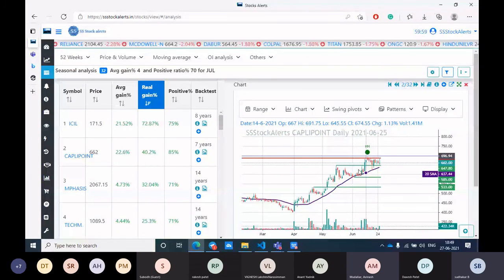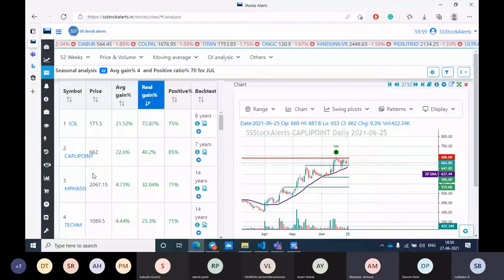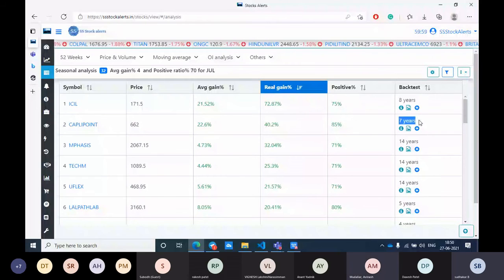What I usually do is check how many years of backtest data there are. The more backtest years, the better. So if it has 14 years and another has 7 years, we should go for the 14 years data, since it has more years of backtested data. So just go with the backtest years and the average percentage. I think you will get it.